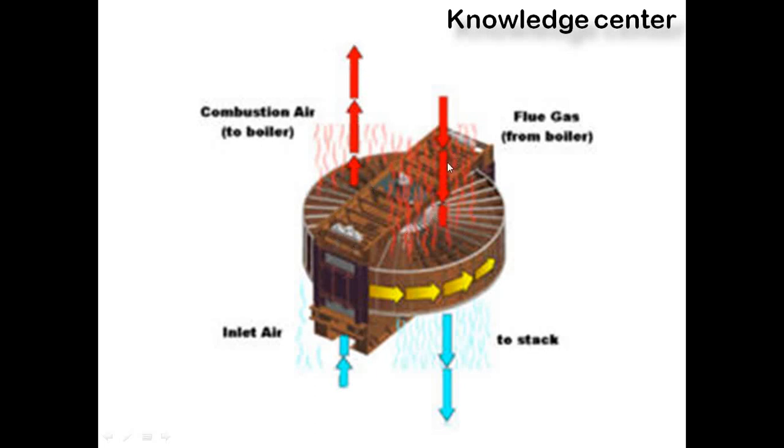So when the flue gas passes through this rotor, what comes out of it will be low temperature flue gas, because most of the heat will be absorbed by this rotor and given to the natural air here. Whatever output we are getting will be given to the stack, that is, to the chimney. So this is how the heat is transferred here. We have a rotating part which absorbs the heat from the flue gas, and that heat is taken to the natural air, which absorbs the heat from that rotor, and it is given to the boiler.